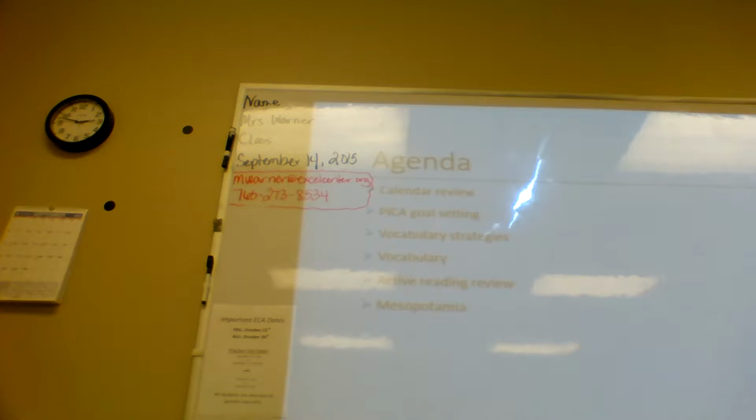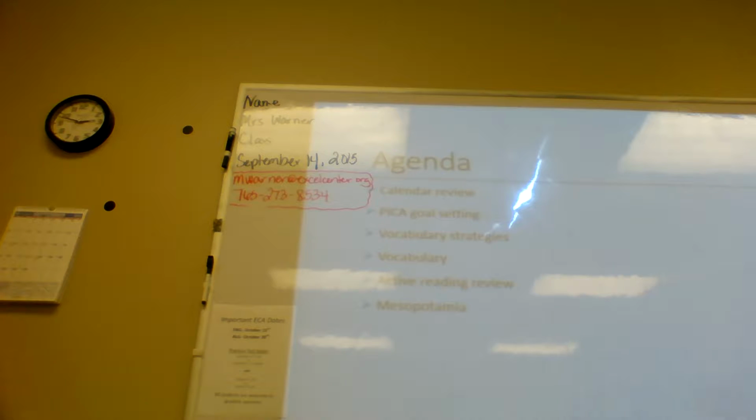The vocabulary quiz, for those of you who haven't had my classes before, I'm not going to say it's simple, but it's not that difficult. There's a matching section at the top. You match up the meaning of the word with the definition of the word. The second half of it is just using those terms in some way, shape, or form. So you may be asked an open-ended question. You may be asked to fill in the blank. You may be asked to come up with an idea on your own. They're not that difficult as long as you know the meaning. And tomorrow we're going to talk about some strategies that you can use to help you figure out the meaning of the word even better.